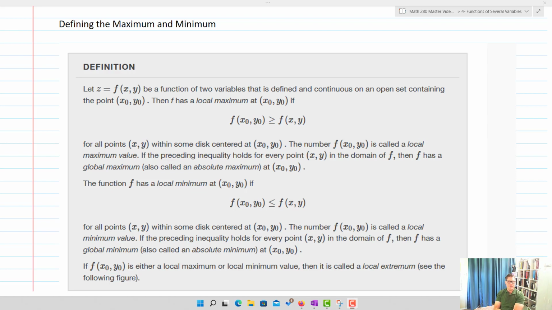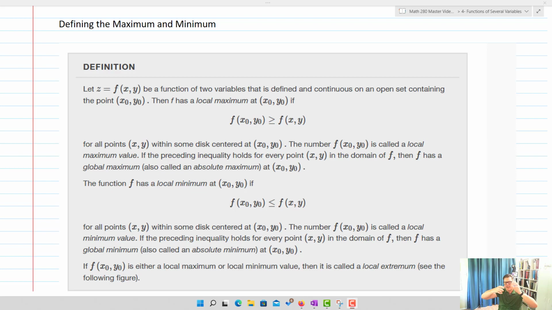Conversely, the function f has a local minimum at x naught, y naught if f of x naught, y naught is less than or equal to f of x, y for all points x, y within some disk centered at x naught, y naught. The number f of x naught, y naught is called a local minimum value. That is, now we've got a region around this point, and if it's the tallest point in that region,